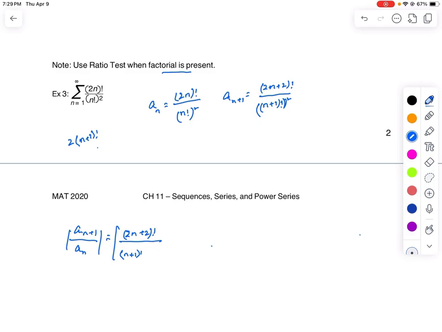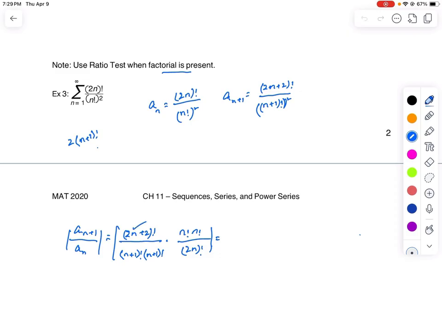I am going to write it twice because it's a square: (n plus 1) factorial times (n plus 1) factorial, times the reciprocal of a_n. So it will be n factorial times n factorial divided by (2n) factorial. Okay, now